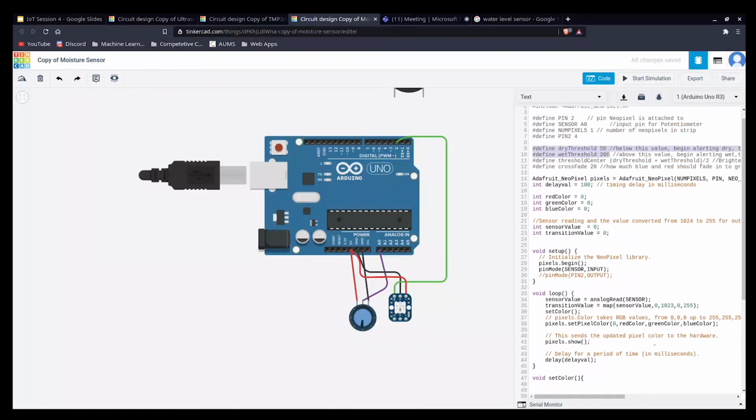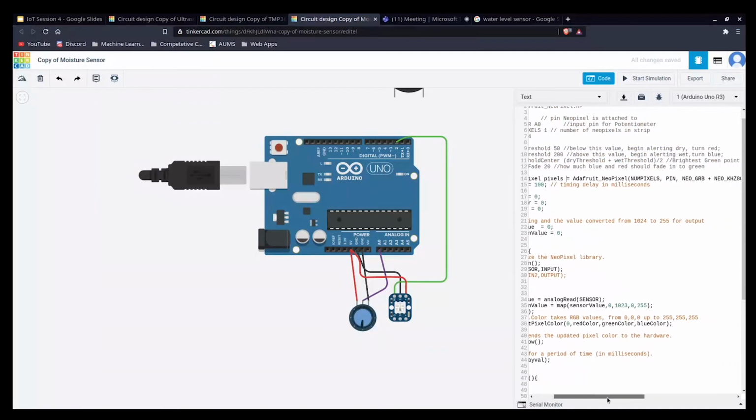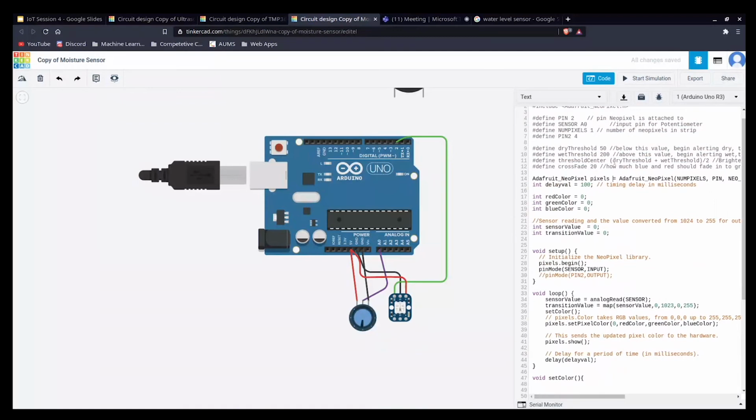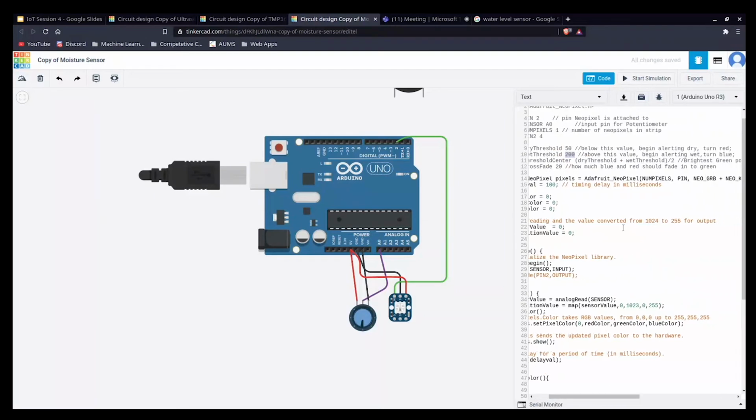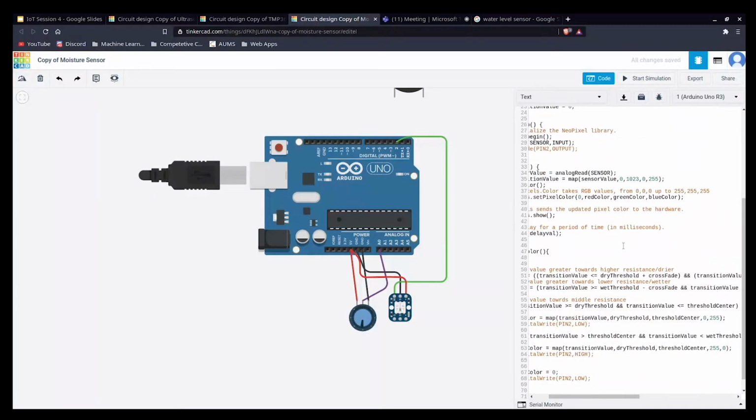We have declared the variables here, and we have also declared the threshold center as the middle value of the dry threshold and wet threshold. Dry threshold is 50, wet is 200, so we take the middle point as the threshold center, and crossfade is 20. Crossfade is used for changing the color from red and blue to green for the fading.